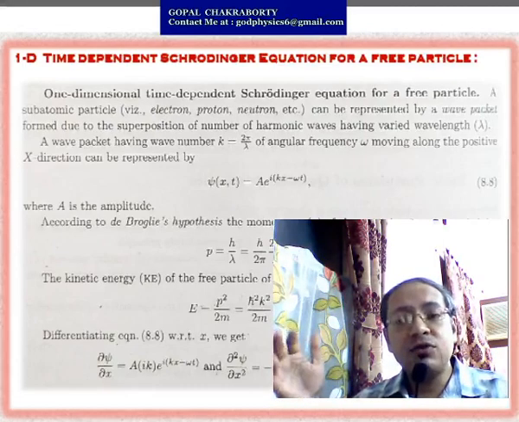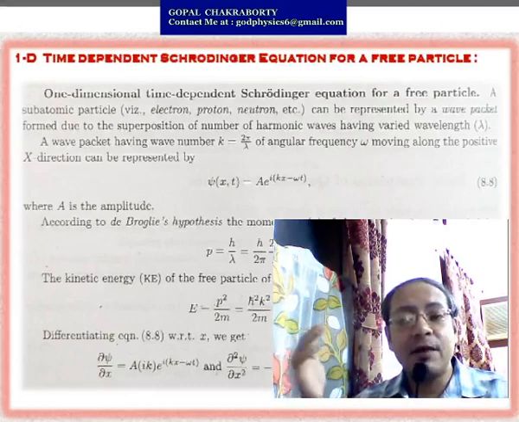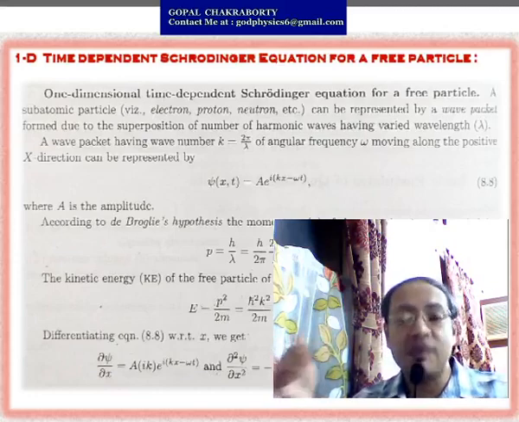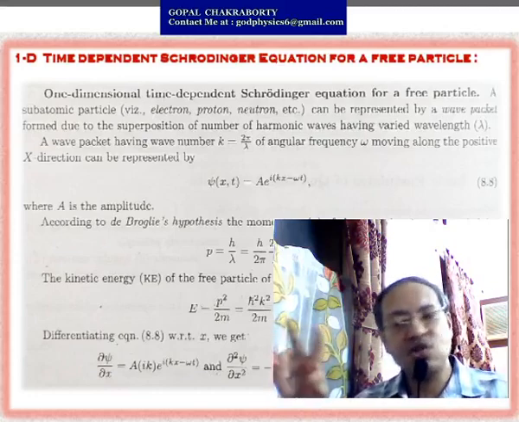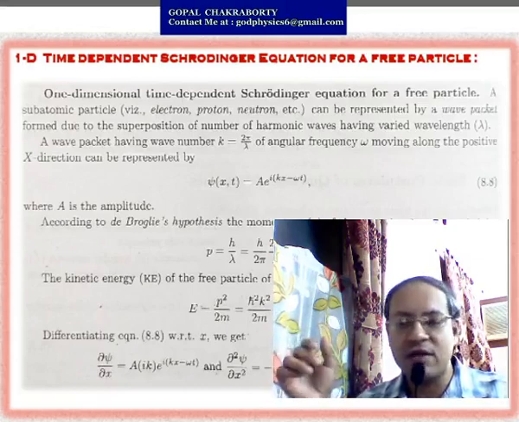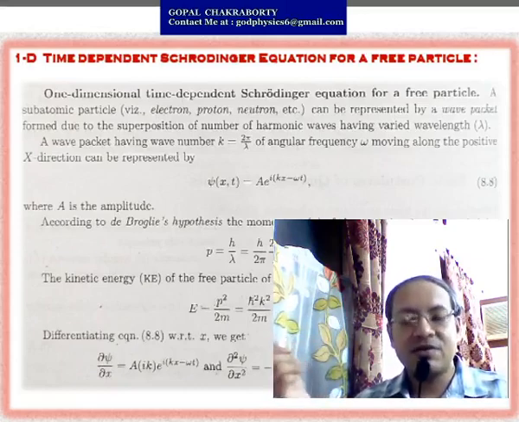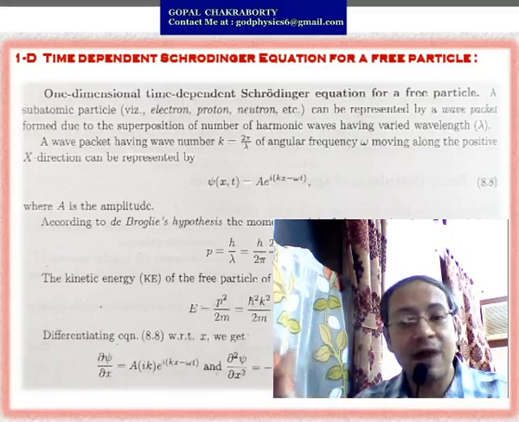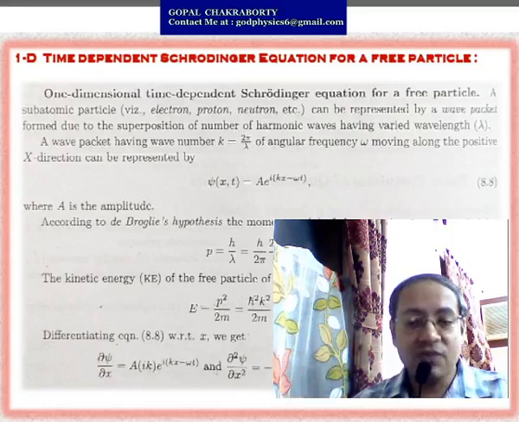Again you take the first order derivative of the wave function psi with respect to time t. From there you will get another expression in terms of energy. Now from these two equations you try to equate the value of this energy. Equating these two equations, you can easily construct the differential equation for the one dimensional case. It is then called the Schrodinger equation for free particles. So I will now show you step by step how we are going to construct that Schrodinger equation.